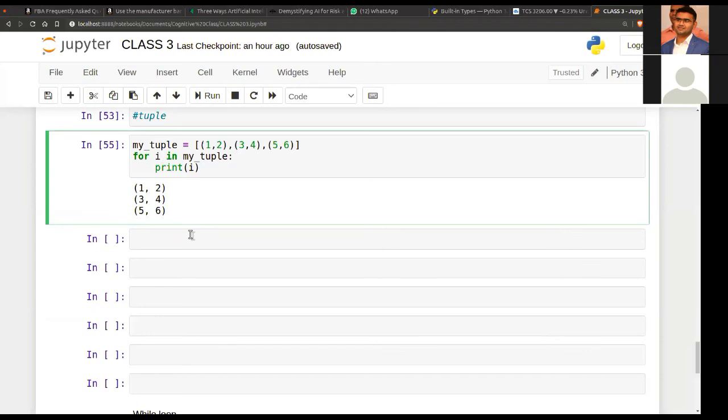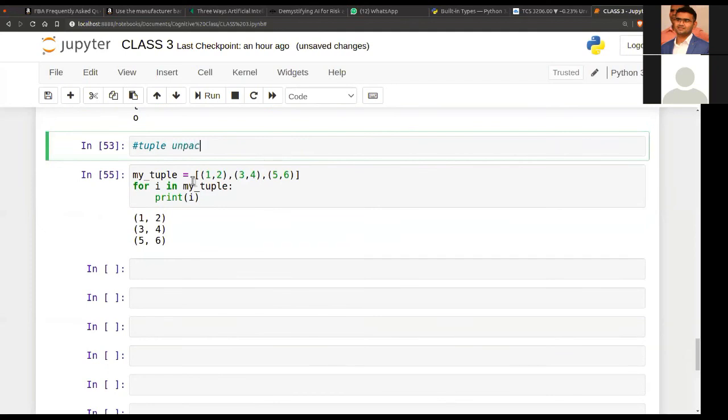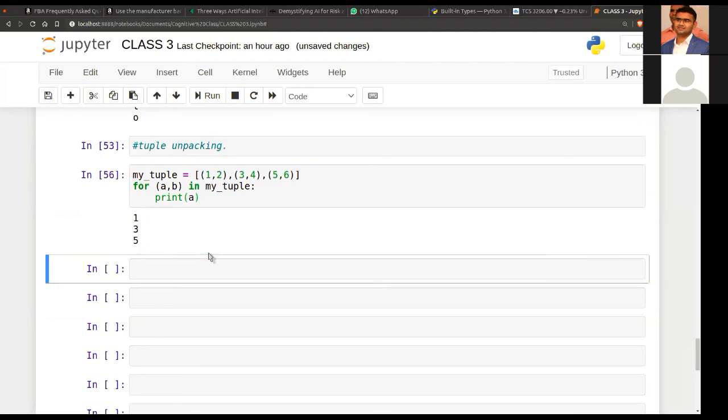So here we have a concept called tuple unpacking, right? What is it? I need to introduce one tuple of my own. Suppose I want to print just the first position.